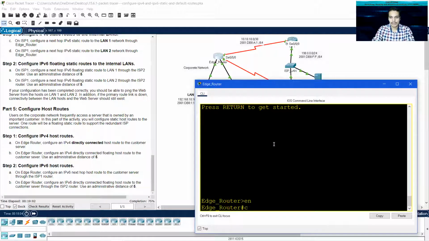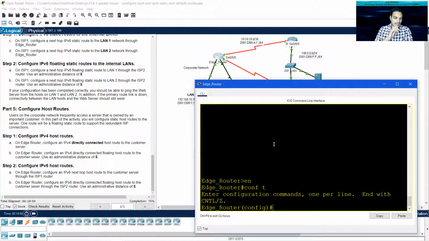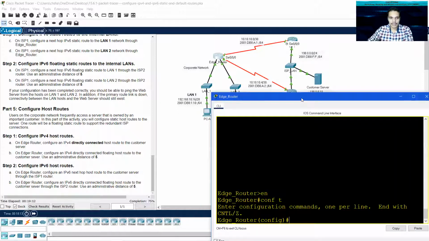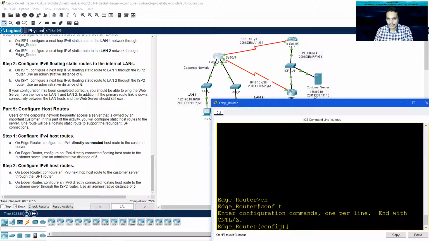Enable, configure terminal. So here I'm going to set up a default static route, or default host route, sorry, I'm going to specify a static host route. The customer server's IP address is 198.0.0.10.